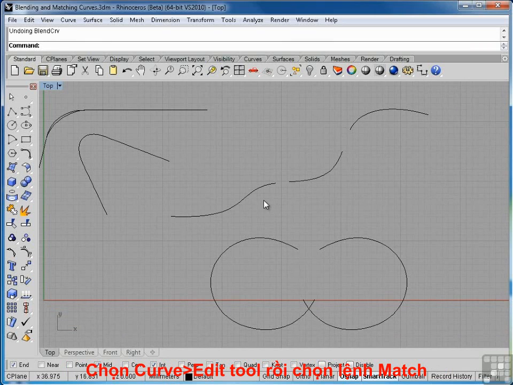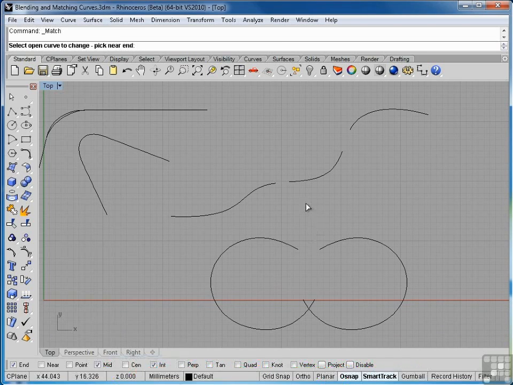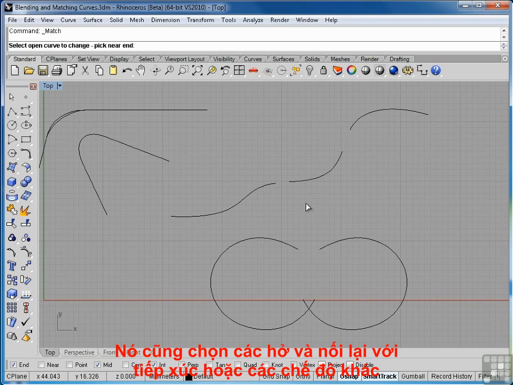The match command can be found under the curve menu. Go to curve, then curve edit tools, and select match. Now, as I said, the match command doesn't add an additional curve or a third curve in there. What it does is take the two existing curves and modifies them to give you positional, tangent, or curvature continuity